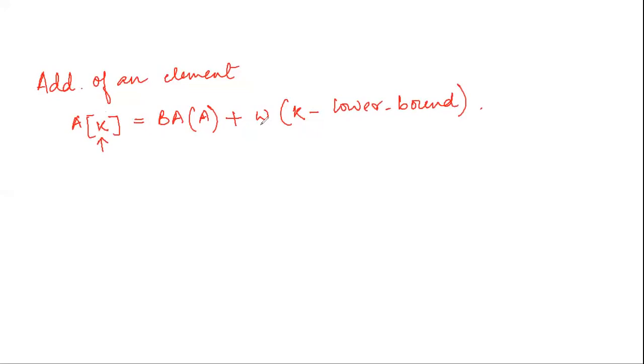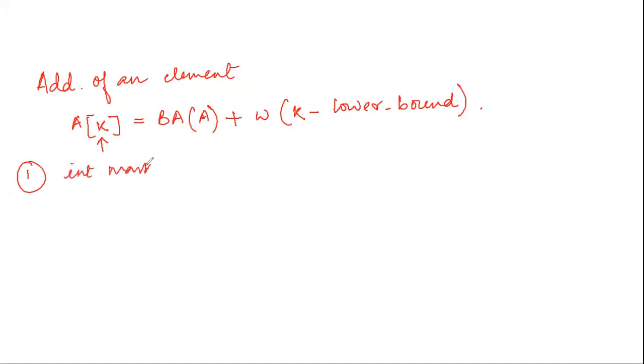Word size means the type of variables the array will handle. If it is integer, it is 2 bytes. If it is character, it is 1 byte. So that will be the value of w accordingly, 2, 1, like this. And the lower bound means from where the array starts, and we all know that the array index by default starts from 0.